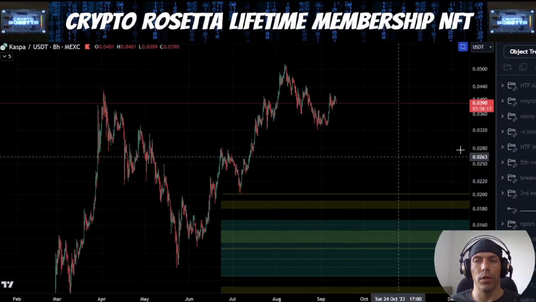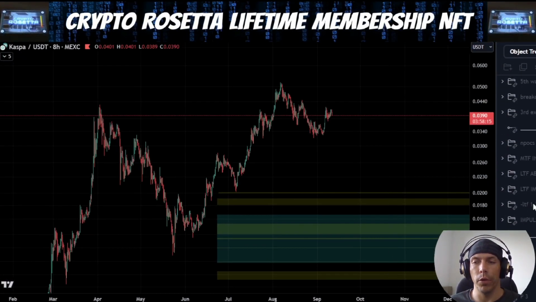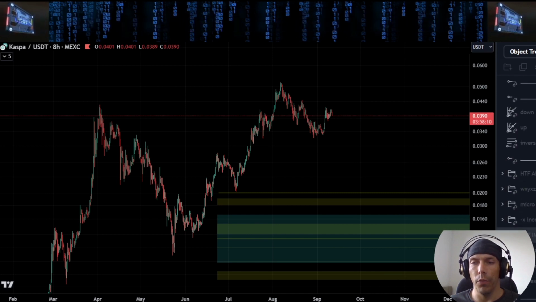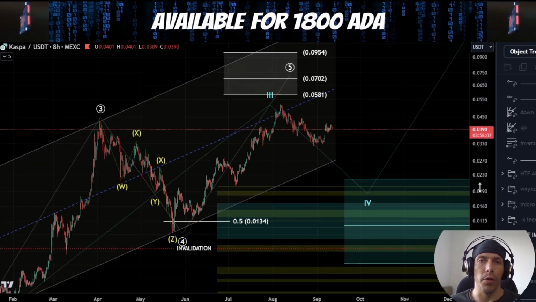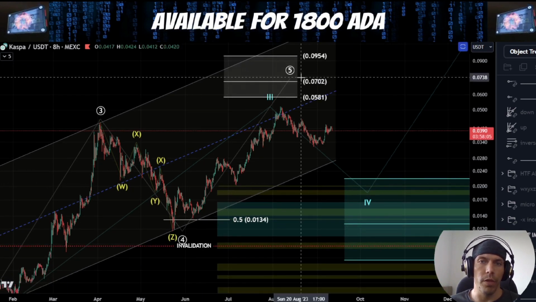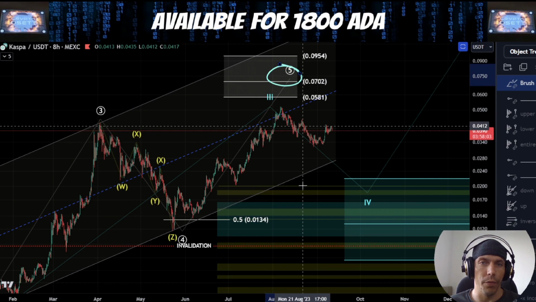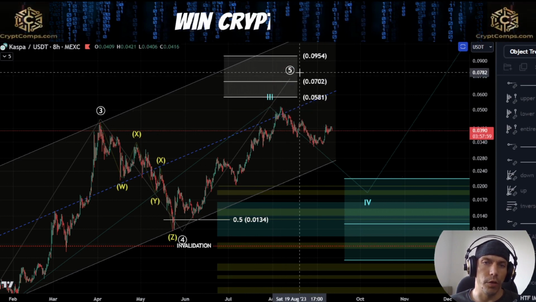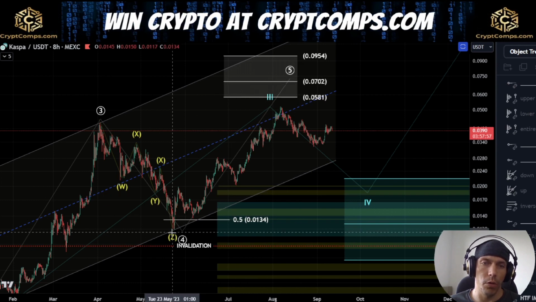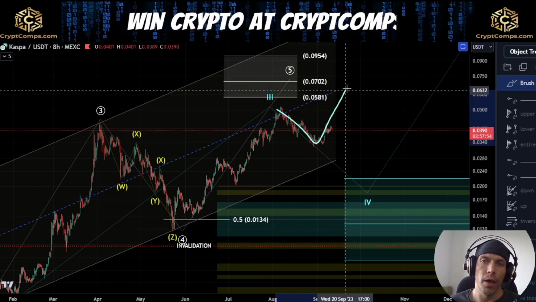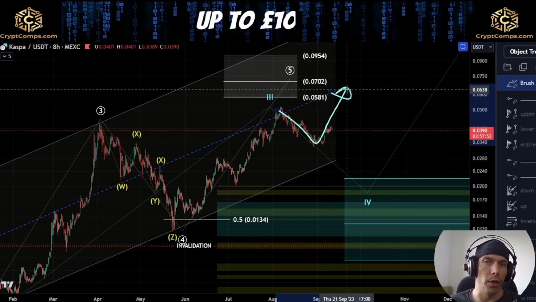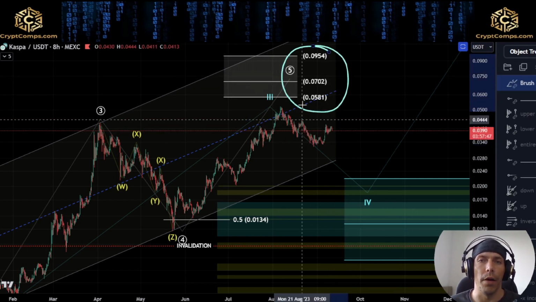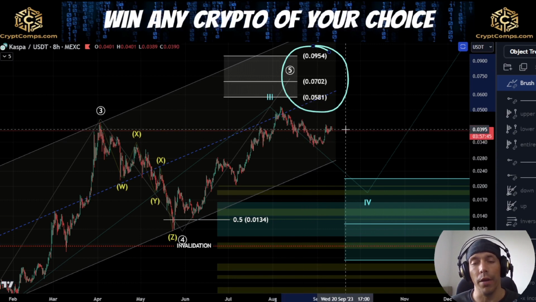Okay, so we're going to discuss some of the higher time frame things that we are looking for here. So still looking at those same ideas that we've discussed previously, where if we are looking at this as a higher time frame impulse, what we are looking for is whether we've actually completed this white wave 5 into this high here, actually over here rather, or whether this is still ongoing. Now, if this is still ongoing, what we would be saying is that we still have an additional leg to the upside to come here. So this could be still looking to push us up into this 0954 to this 0581 area.